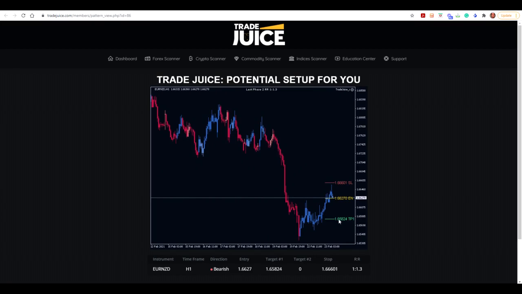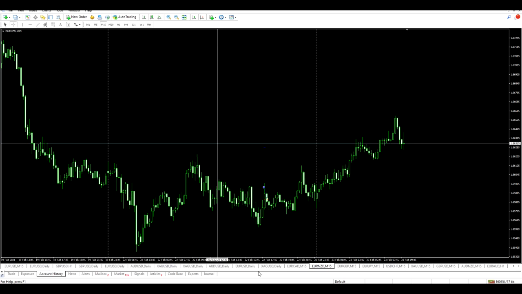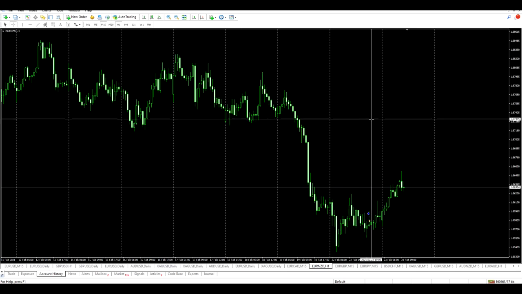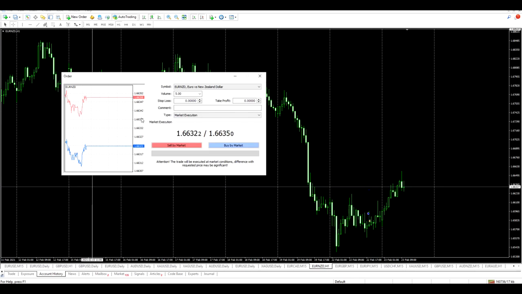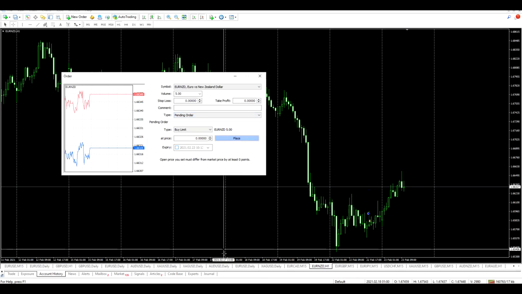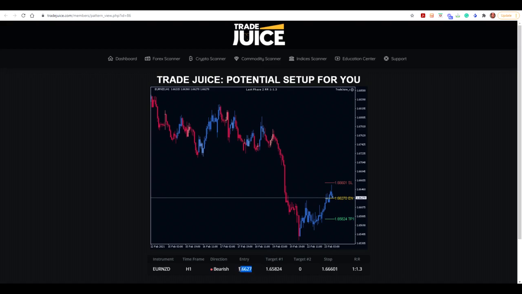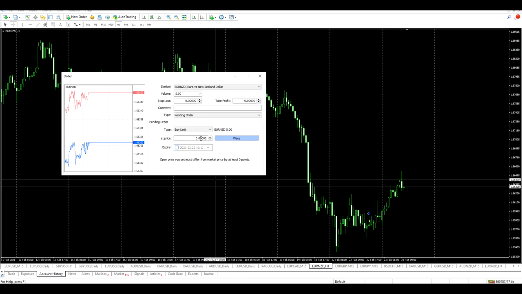So I'm about to enter that now. What I'm going to do is go to the New Zealand dollar, and I'm going to go to the 1 hour time frame, and I'm going to enter a new order. Price is not yet at the point of entry, so I'm going to set up a pending order. All I'm going to do is copy the entry, and I'm going to put that in, and we're going bearish, so I'm going to put this in as a sell stop